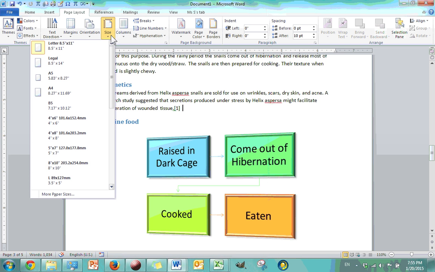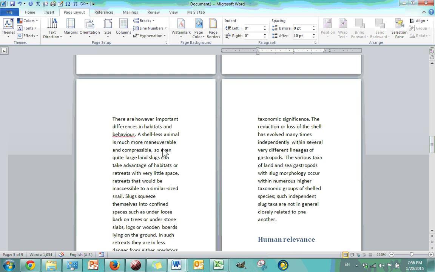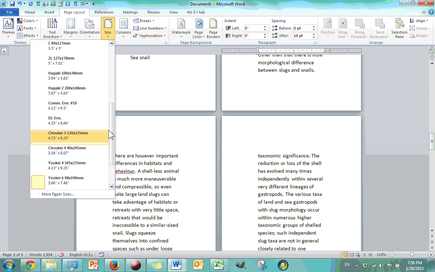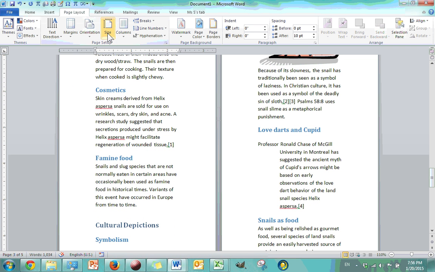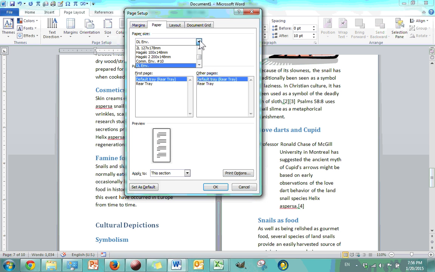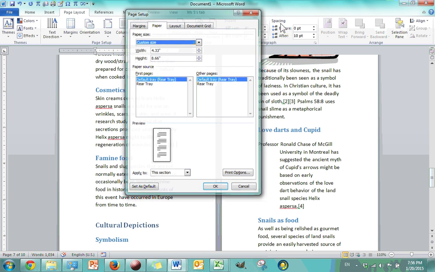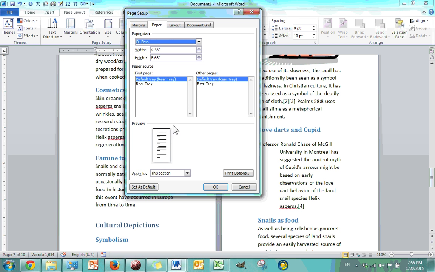So usually, or often, you'll be printing on letter paper, 8.5 by 11. Letter paper is a little taller. We have some other papers that are available here of different sizes. I also have envelopes available, and of course I can go in and do custom sizes and change that right here. Let me show that one more time. You go to size, all the way to the bottom, more, and pick to your heart's content what type of